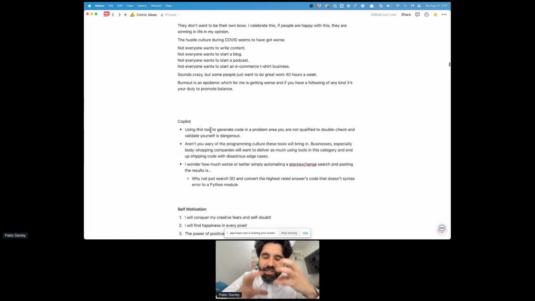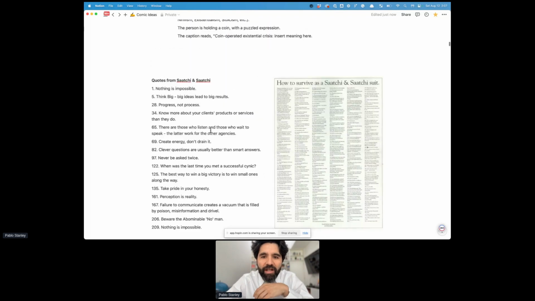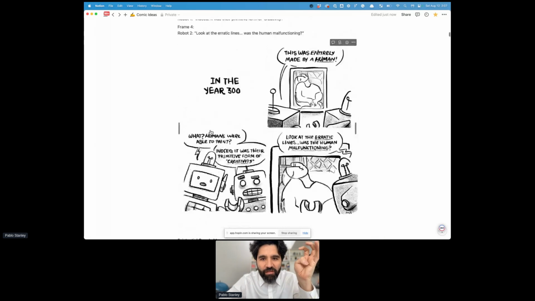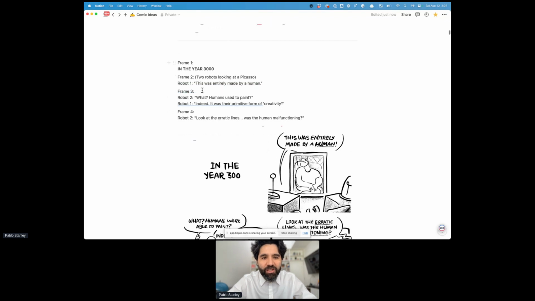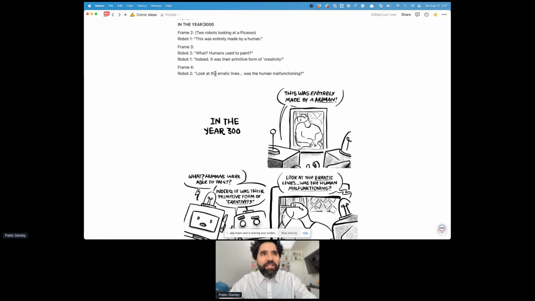Then later I start massaging, like, okay, I like this idea. Let's actually put it as a comic. And that's something I did with this one that is called In the Year 3000. With AI and everything, right now we see everything that AI is doing, the art that it's making, as a representation of, well, it's copying us, right? Because it's being fed